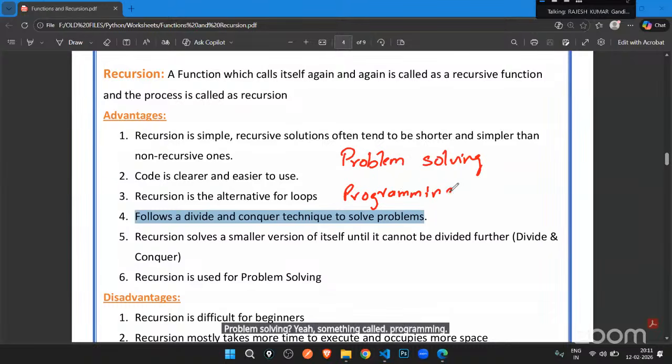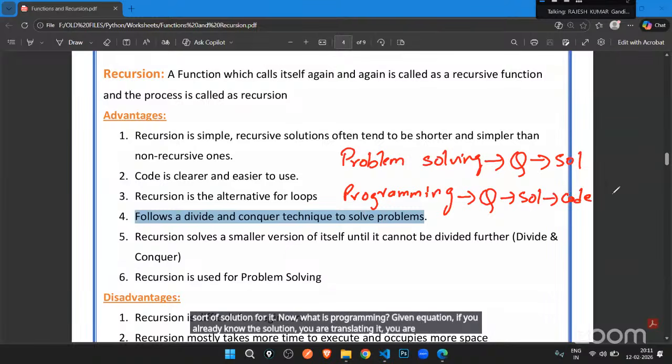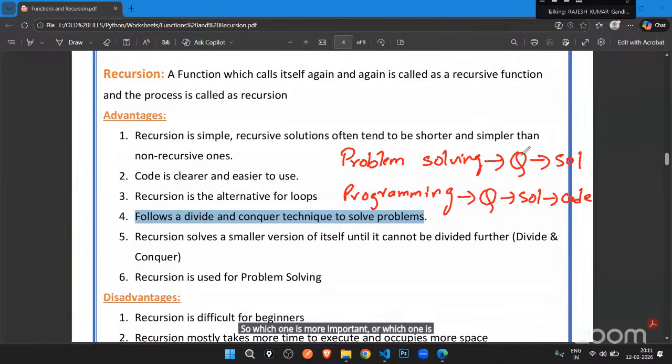So what is problem solving? Given a question, you will be finding some sort of solution for it. Now, what is programming? Given a question, if you already know the solution, you're translating it, you're writing the code for it. So which one is more difficult? Given a question, coming up with the solution is difficult.